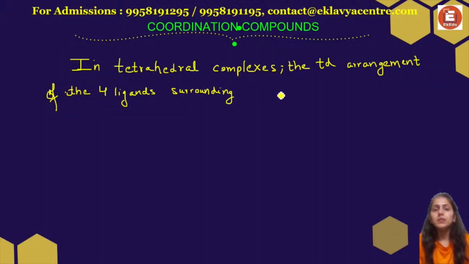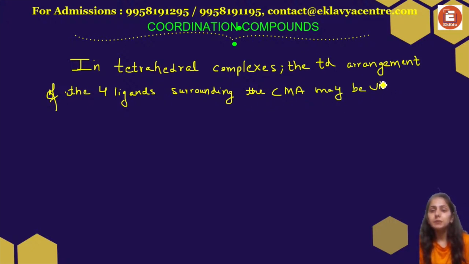In the tetrahedral complexes, the tetrahedral arrangement of 4 ligands surrounding the central metal atom or ion may be visualized by placing the ligands